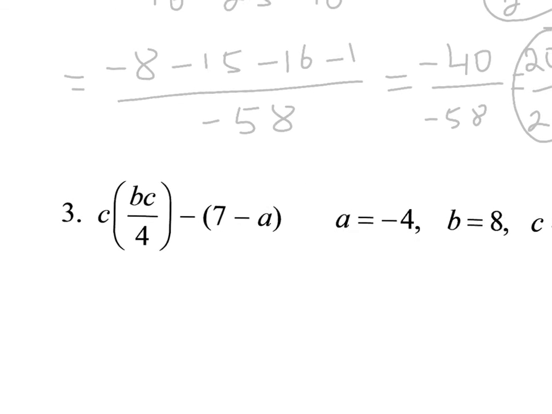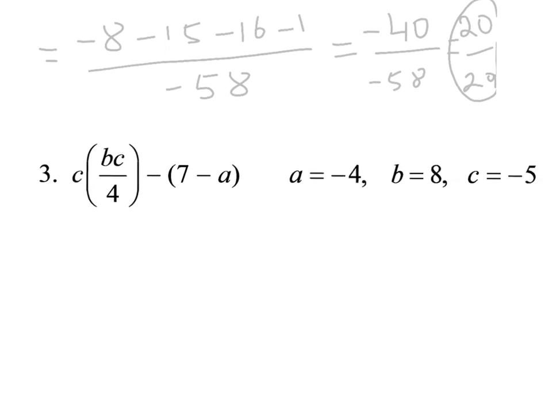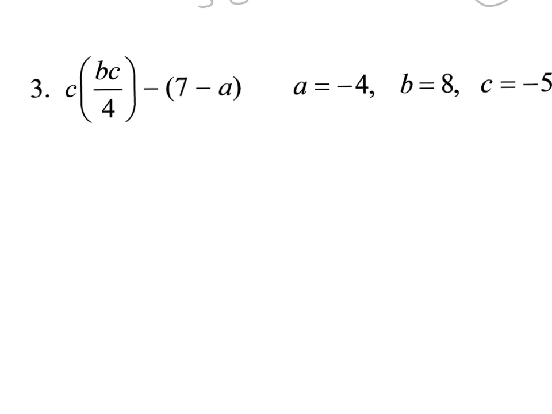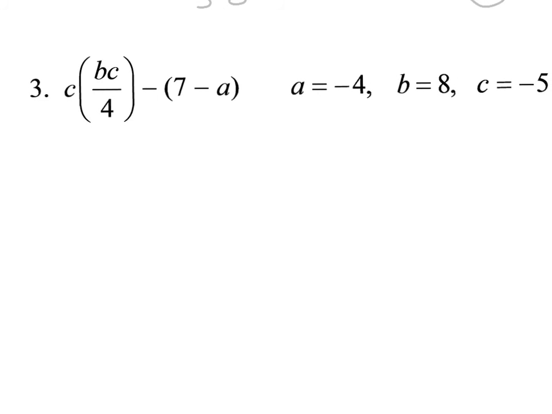And last question, we have to substitute and then evaluate. So C times B times C divided by 4 minus parentheses 7 minus 8. So first step, let's substitute. Okay? So C is equal to negative 5. So I get negative 5